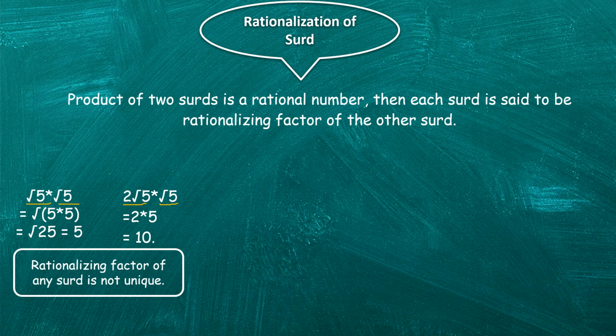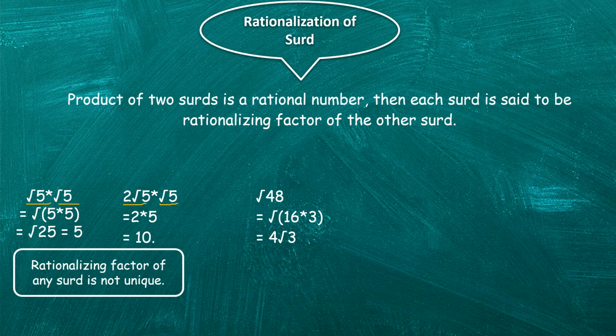I know you are confused by hearing this. So let's understand with the help of more examples. That is root 48. If we factorize this, then we'll get 4 root 3. So what do we have to do to rationalize this 4 root 3?